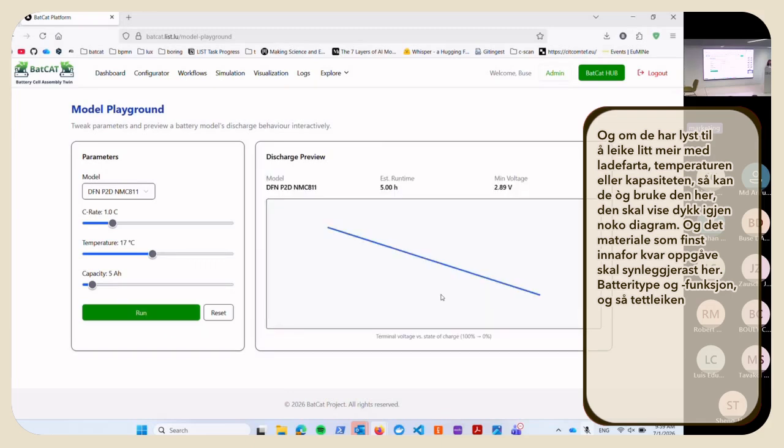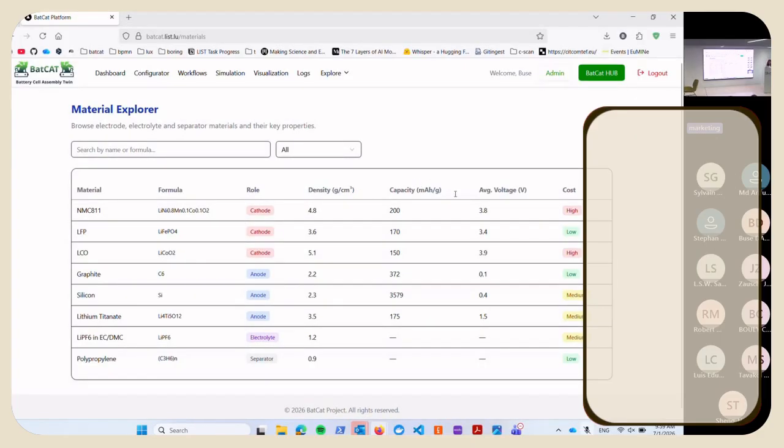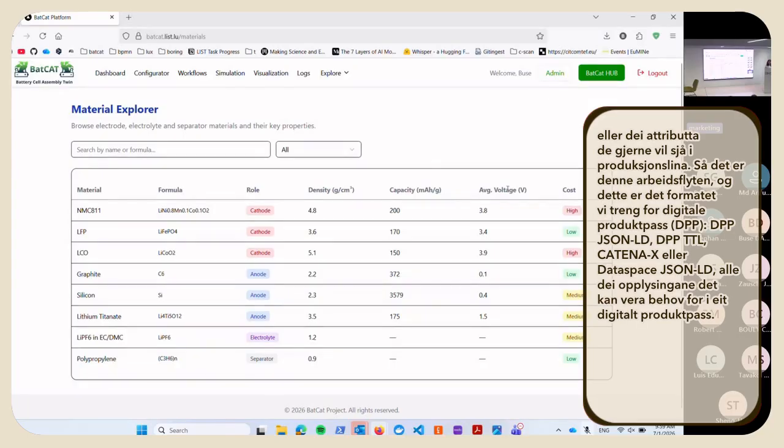It will show you some plots again. Then the materials you have during each task in creating the batteries, you will see in here: the type and role of the material, maybe the formula, the density, and other attributes you want to see in the production line.